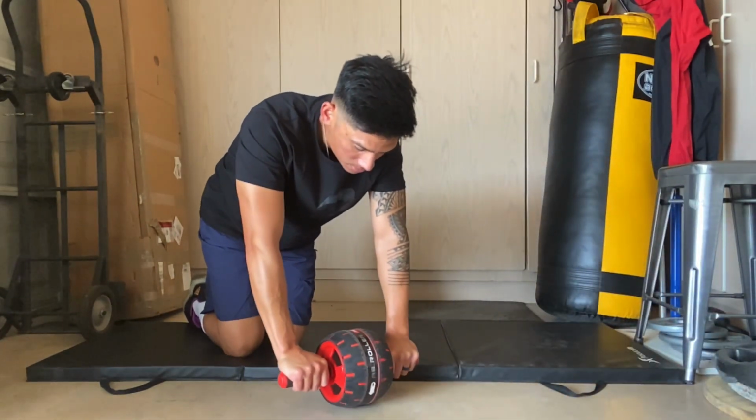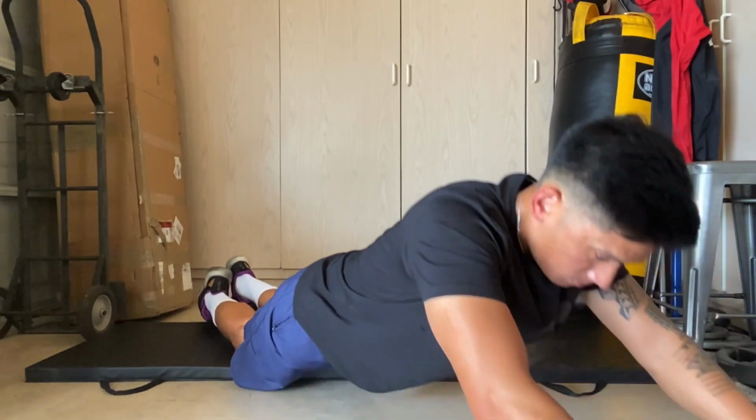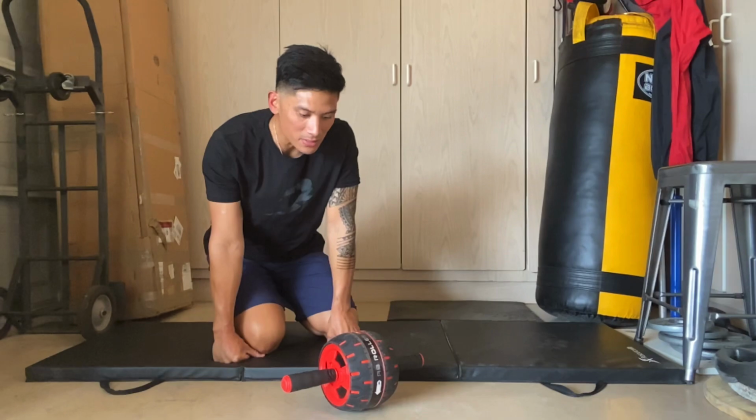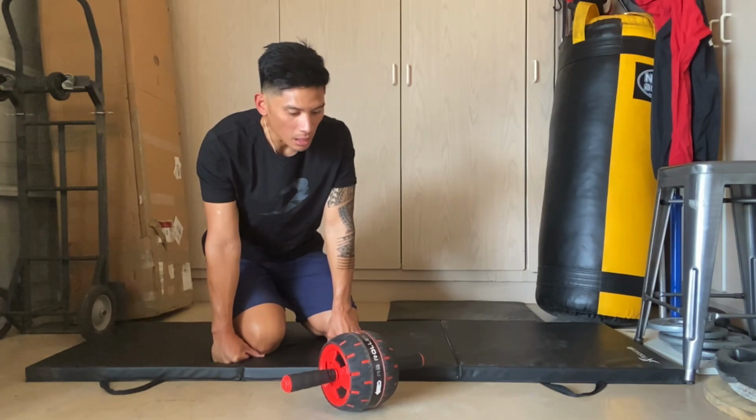You can see there, it rolls nice and smooth. So yeah, I love this thing, man. For the price of $11, honestly, it can't be beat. I'm always working out